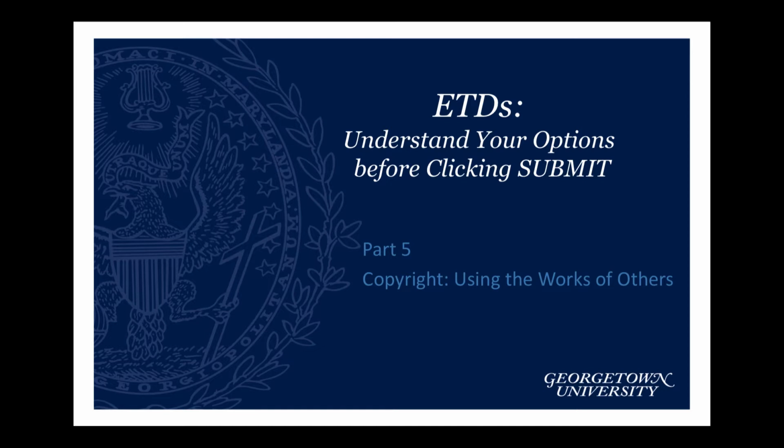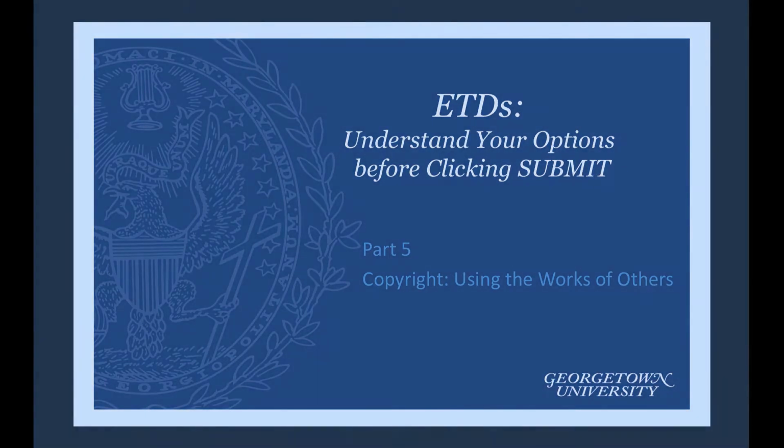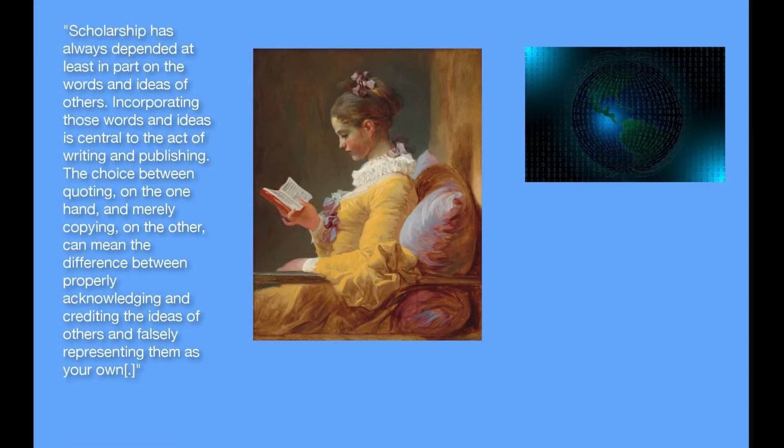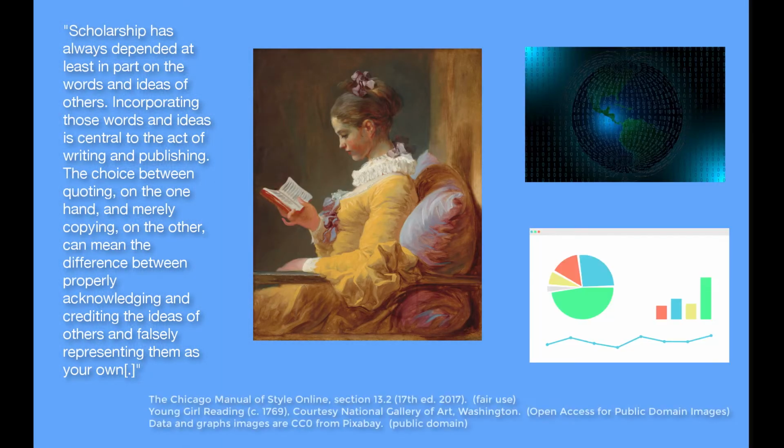As an academic work, it is highly likely that your thesis or dissertation includes material created and copyrighted by others, such as quotations, images, data, tables, or graphs. While there are unlikely to be any copyright concerns when these materials are shared only with your committee, after you submit your work to the graduate school and it becomes freely available to anyone with internet access, you must consider whether you are infringing any copyrights by making these third-party works freely available.